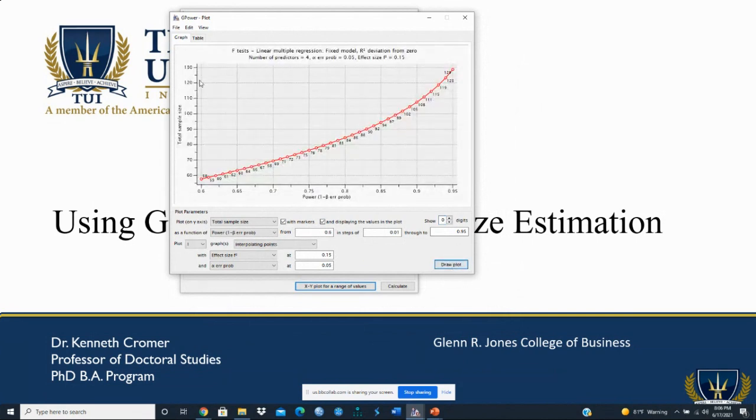Okay, now what we have is a plot where on this axis we have the total sample size. On this axis we have the power, all right? And as we increase the number of cases we have, the number of participants, our power increases. So at 95%, which is what we set, 129 is the number of participants we need to have that minimum size of power. So this is a really good